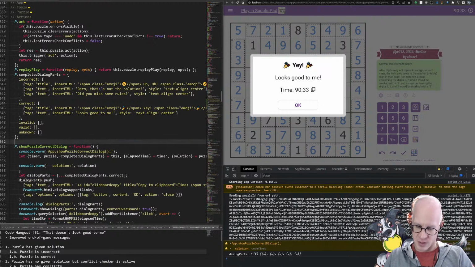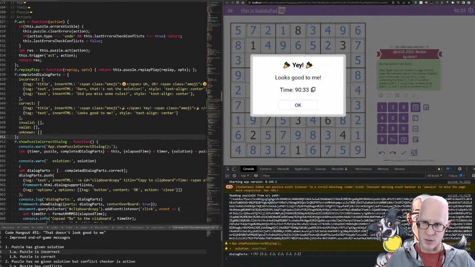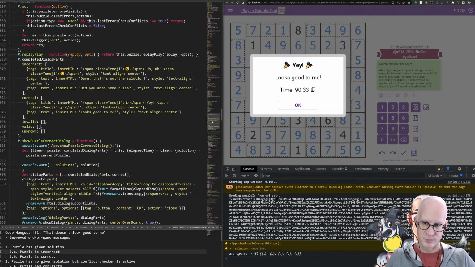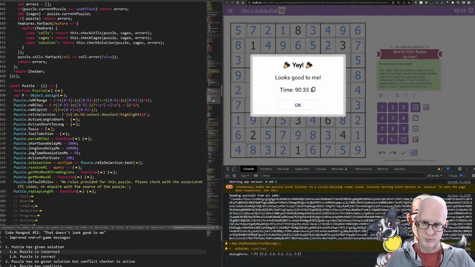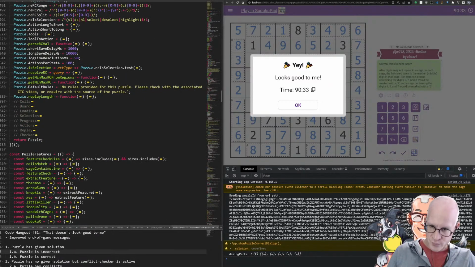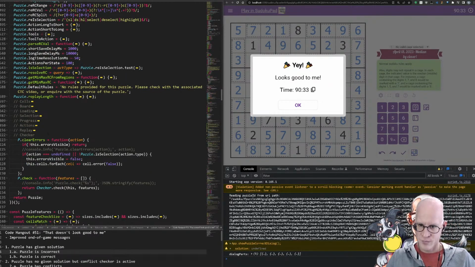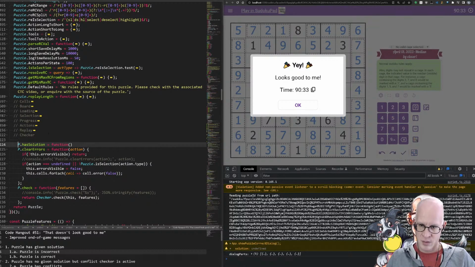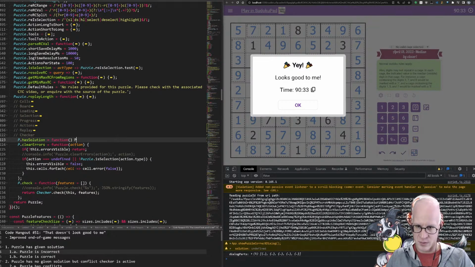So we can do something like dot has solution. And maybe that should really be on the puzzle. So we can do something like this.